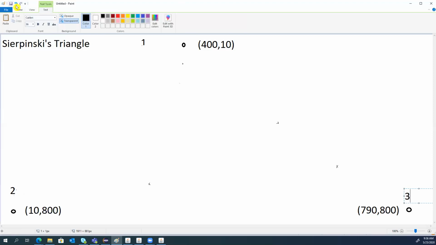Okay, then what happens? You're going to have to start with an x and a y. So x equals, let it equal one of your starting points. So x could be 400, y could be 10. Get yourself a random number. Your random number is going to be from 1 to 3. This is not how you code a random number. You're going to have to look that up. And then if the number is a 1,